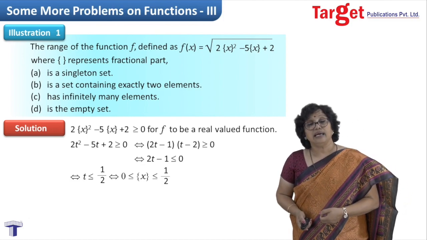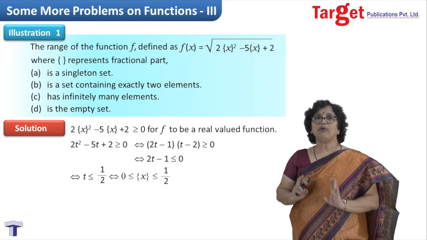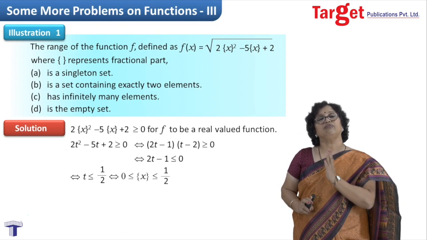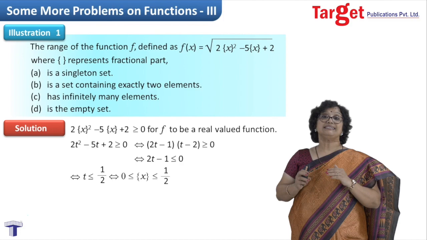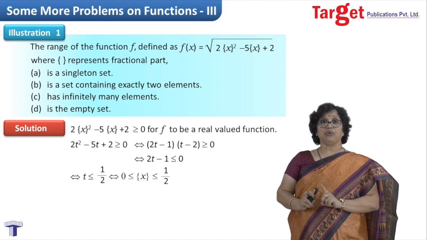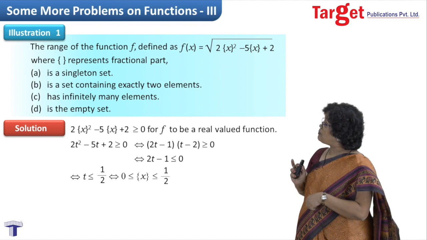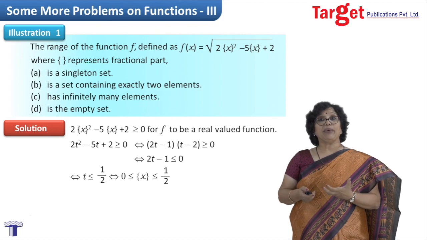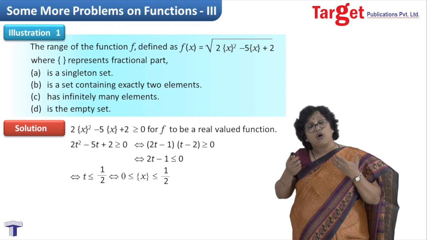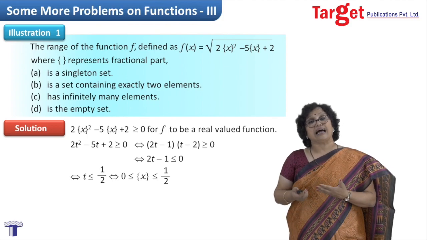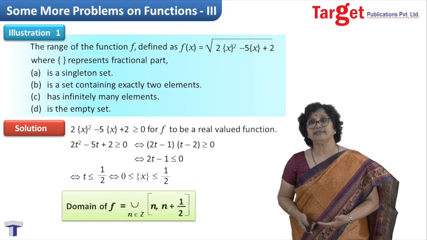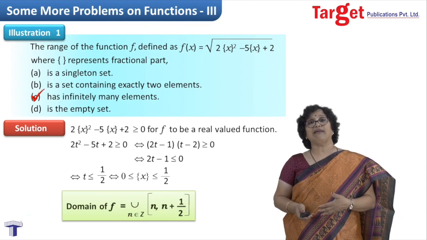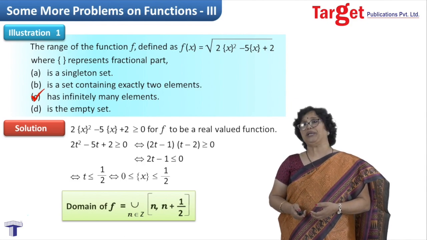Means I realize that I will take intervals. What type of intervals? Starting from say 0 to half, 1 to 1.5, 2 to 2.5. The union of such intervals I will have to take, so that the condition fractional part of x greater or equal to 0 and less or equal to half is maintained. So here the domain is in terms of a union of many intervals, rather infinitely many intervals to be more precise. And hence my correct option is C. I hope you have learnt something new. Now let us proceed to the next.